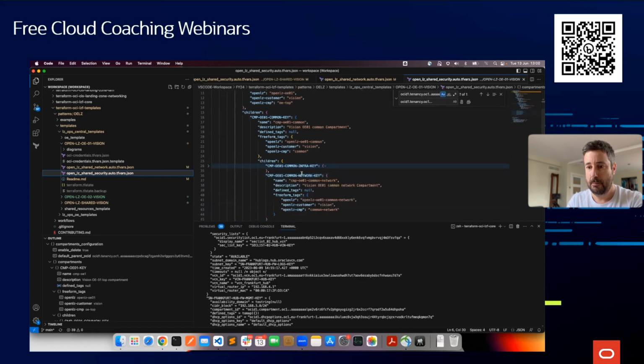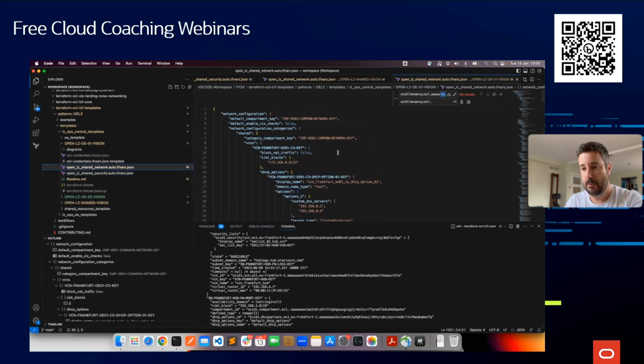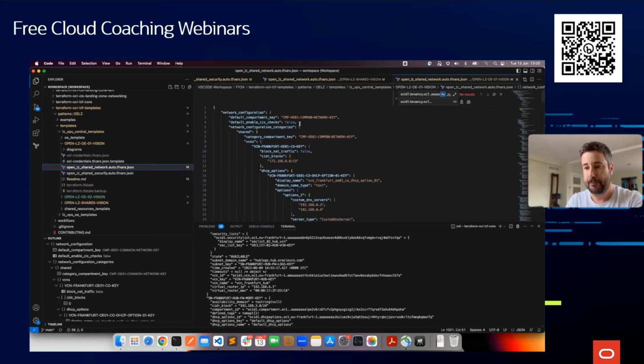And under the common network, I'll be able to create the networking. So whenever I create the networking resources, I will not use the name of this compartment or the OCI-ID. I'll just use this key to reference it. So switching back to the networking file,